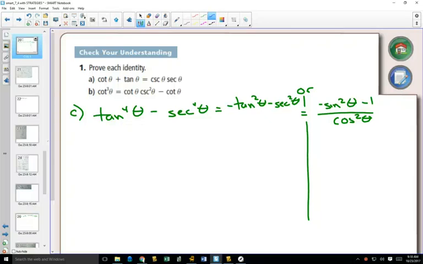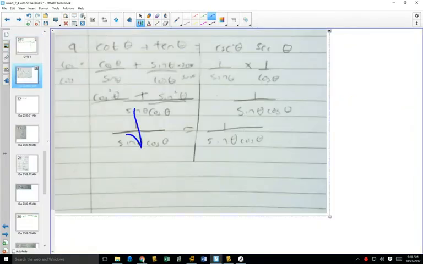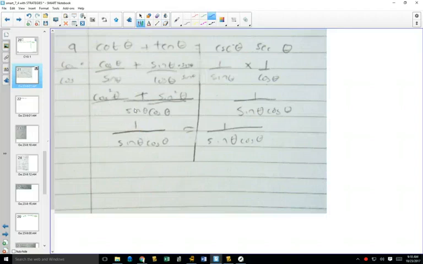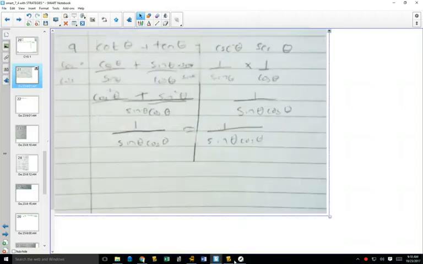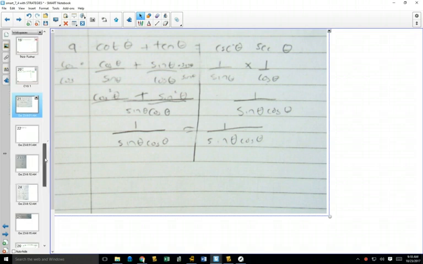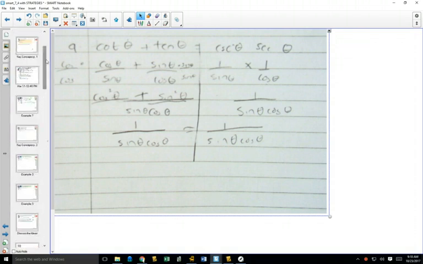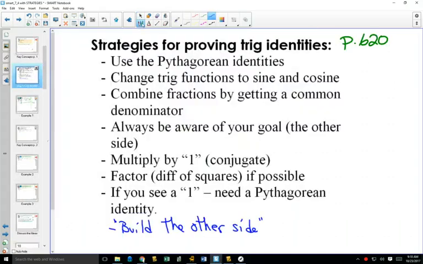So, the first proof. Here is an example of me writing on somebody's proof. Oh well, we'll just leave it like that. Here's the first proof. Cotangent plus tangent equals cosecant secant. In the first proof, if we go back to our strategy, sorry, this first proof